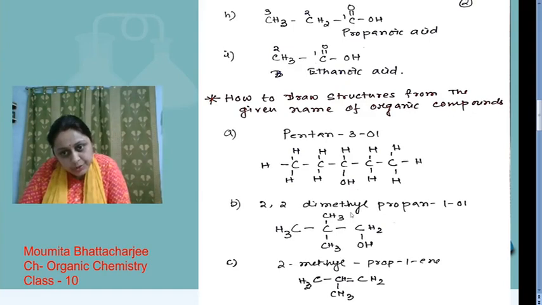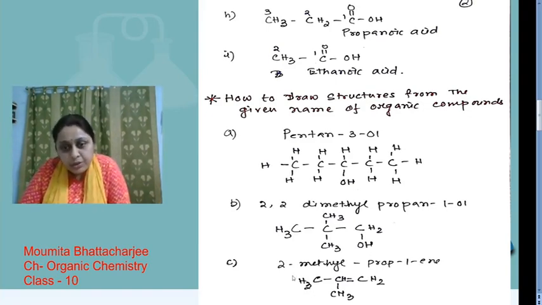Prefix are substituent group. Where is it given? In the second carbon. On the second carbon, 2 methyl groups are there. As there are 2 methyl groups, that's why it is di. 2 times also we have to mention their position, that is 2,2. 1-ol: the last carbon or the first carbon, it is 1, 2, 3. The first carbon contains the OH group, that's why ol.